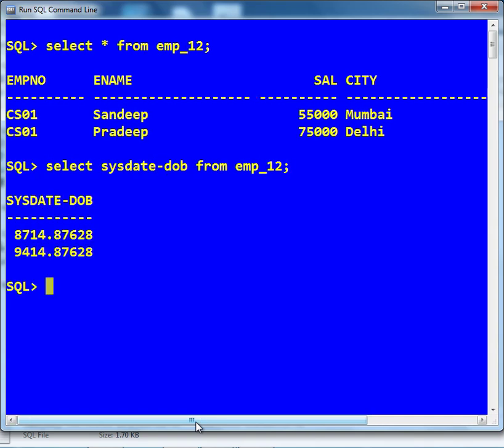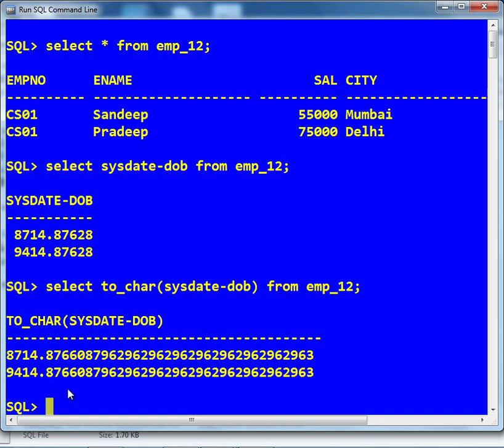Here it is giving me the difference between sysdate and date of birth in days, and decimals also. If I want to change it to character, I can write to character, sysdate minus DOB, so it is converting to character form.